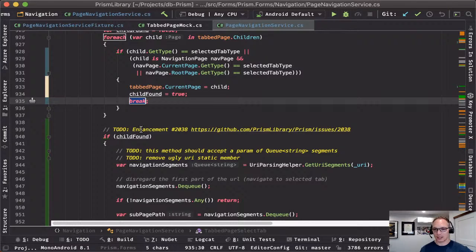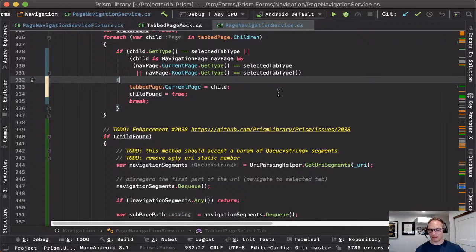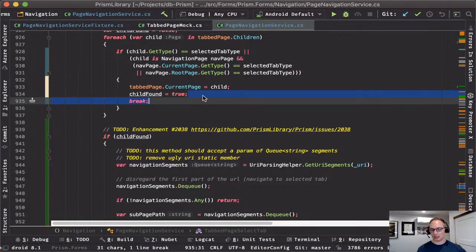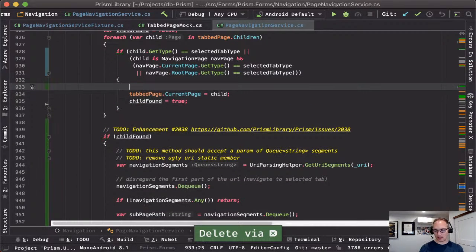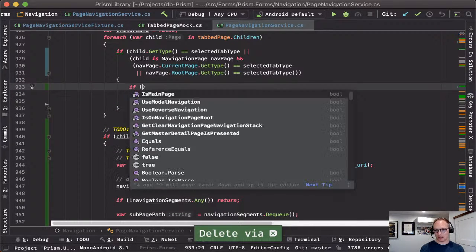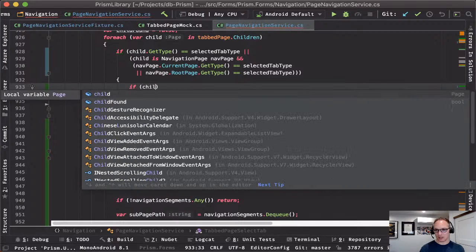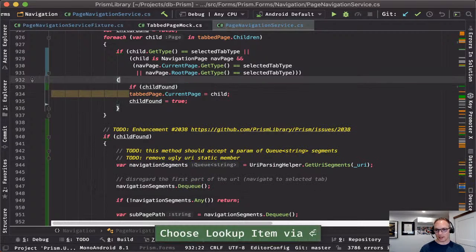Really it should not break. So if child found, so if we already have a page,